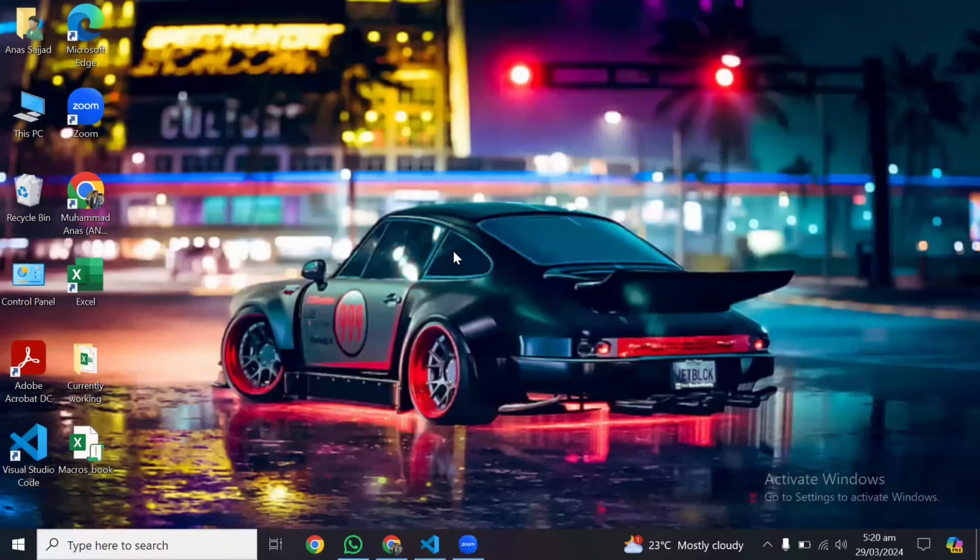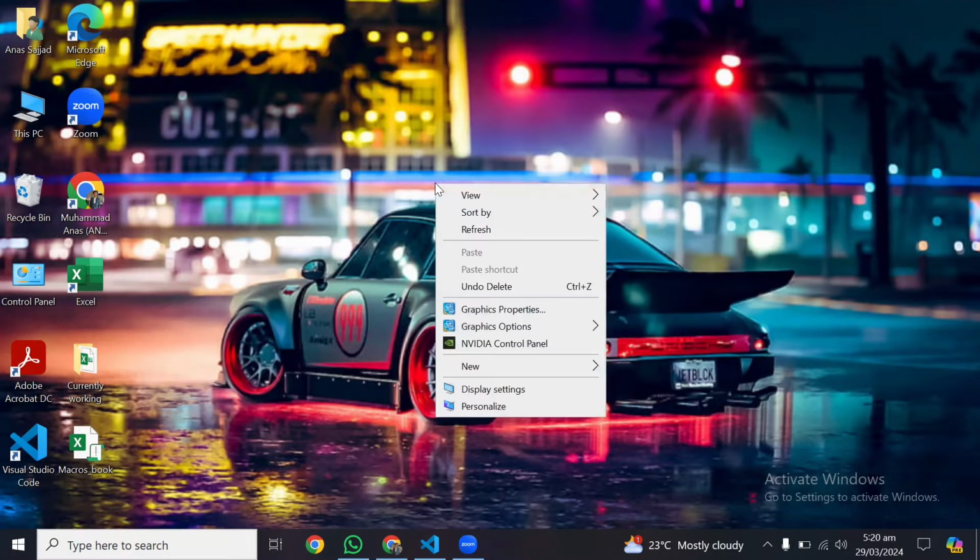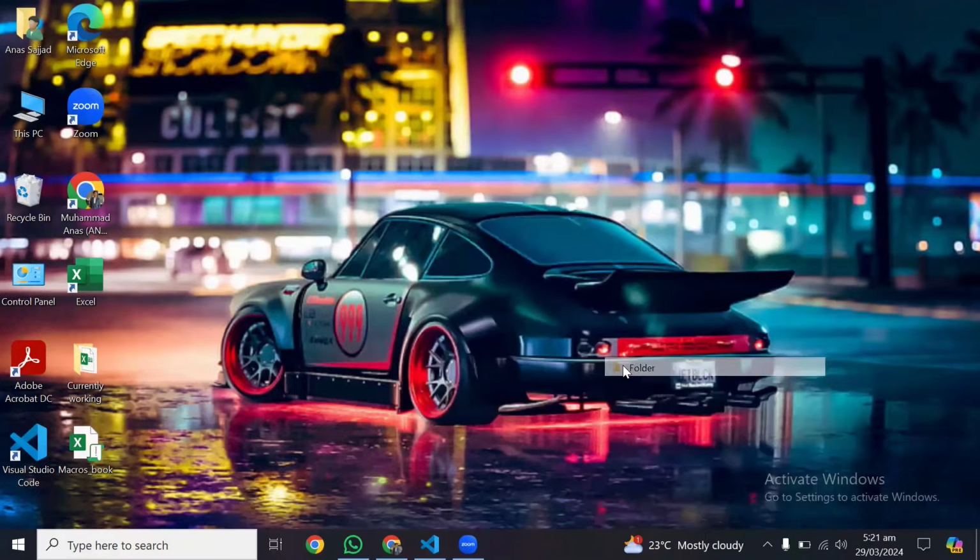Today's video, we will discover how to create a folder in Microsoft Visual Code. Well, first step is to create a folder on your desktop. Create it and name it anything you want. I will just name it test folder, and when the folder is created, I will head over to the Microsoft Visual Code,